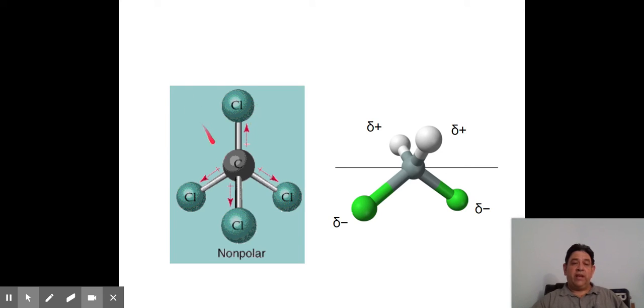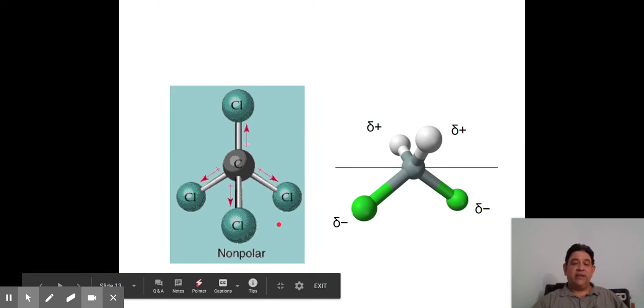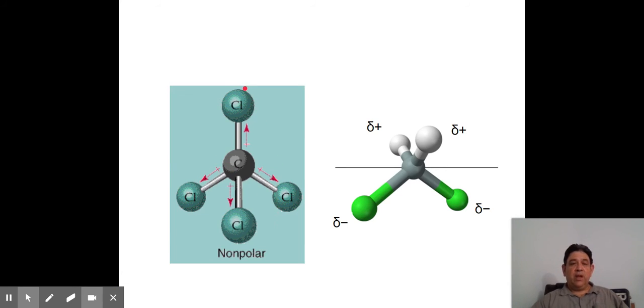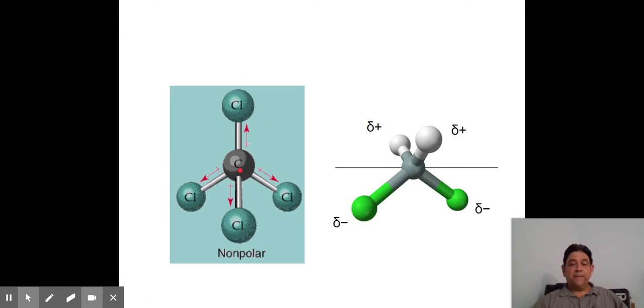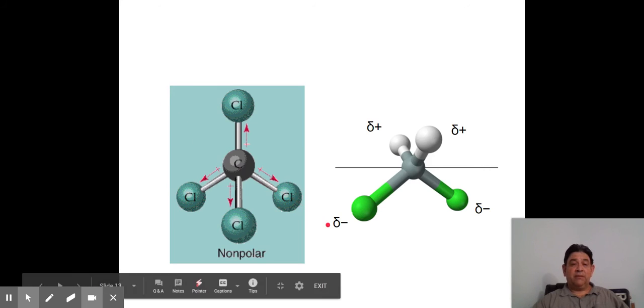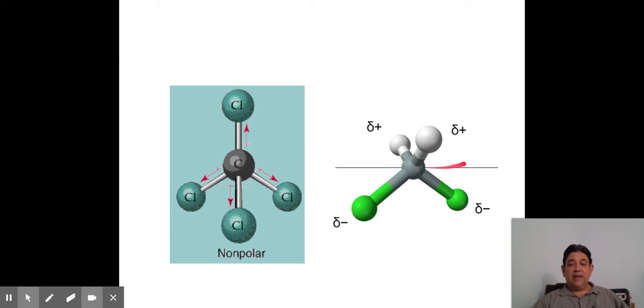Well, there's no way we can cut this molecule to put the positives and negatives just on one side. So this chlorine right here has a negative on it, but so does this one, so does this one, so does this one. So all the chlorines are on the outside, and the positive carbon is on the inside, slightly positive. Right? So we can separate the inside from the outside, but that doesn't make it polar. Right? You have to be able to put a line through the molecule and separate the pluses from the minuses. Now we can do that with